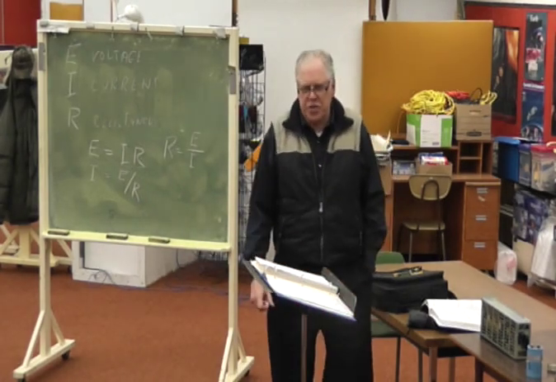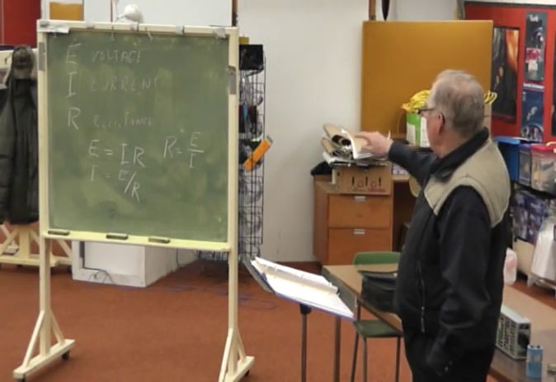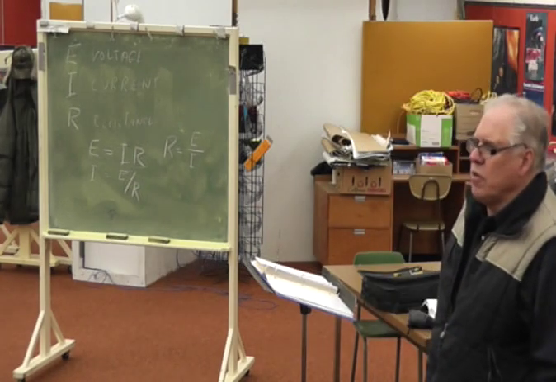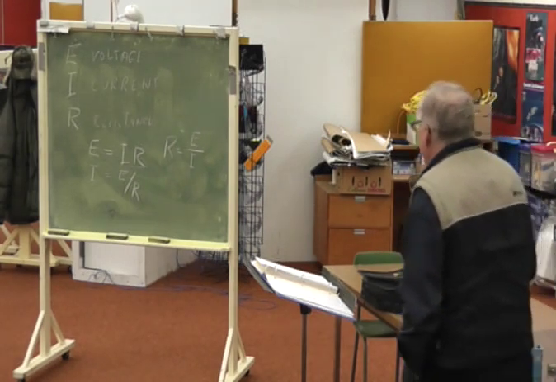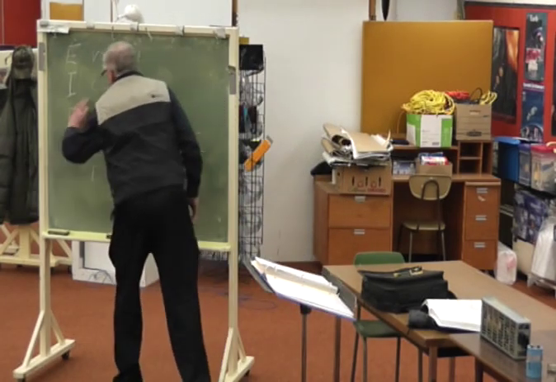Or the resistance is the voltage divided by the current. Any one of those three terms you'll find quite useful trying to work out simple circuits. One thing some people use to try to remember